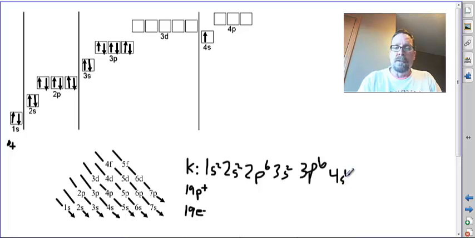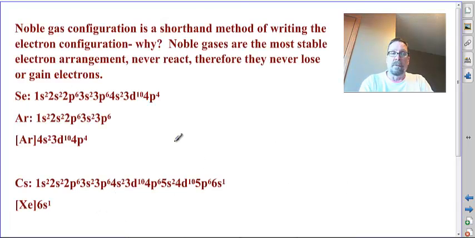And the thing to really note that we're looking for is that is my final, what's called my final electron configuration. So I can use that to identify where it is on the periodic table. And it's also my valence electron. So it tells me that this element has 1 valence electron, which will be very important when we talk about forming ions. Okay. Now that's all well and good, but I got a couple examples here like selenium and cesium,